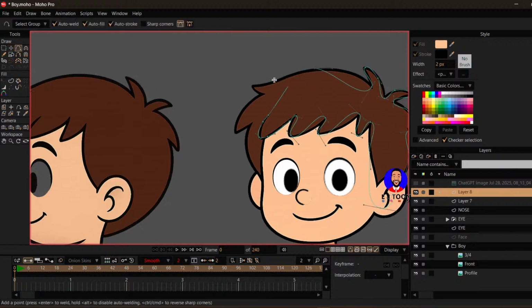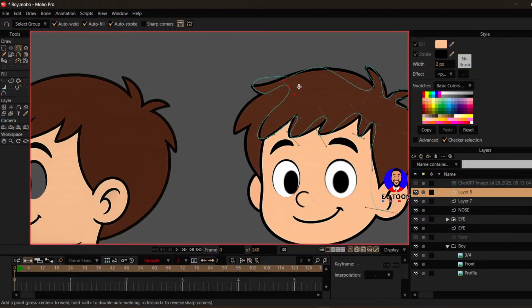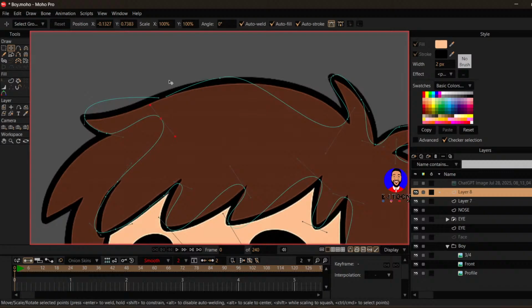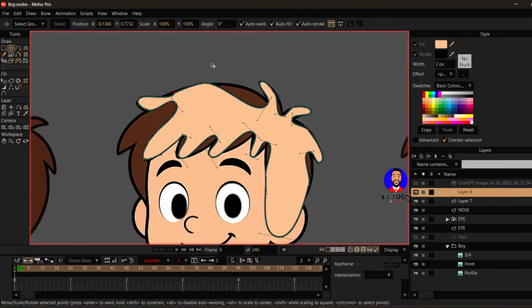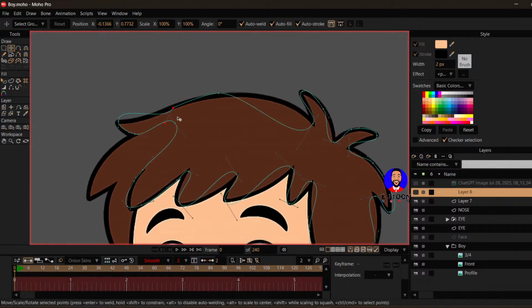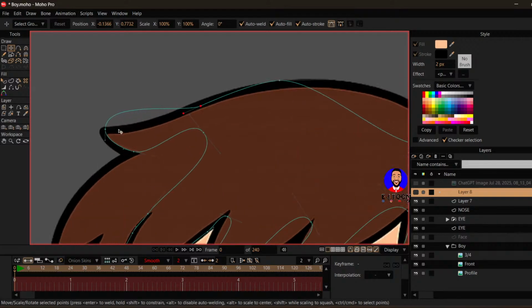So I just add points, then I can come back to this. Then I have this shape. So all I need to do now is just adjust it to make it look like what I have here, the sample that I have here. So this is it, and make this pointing,